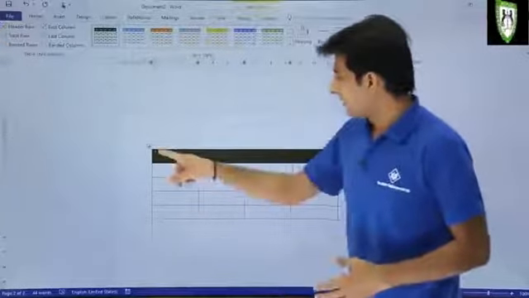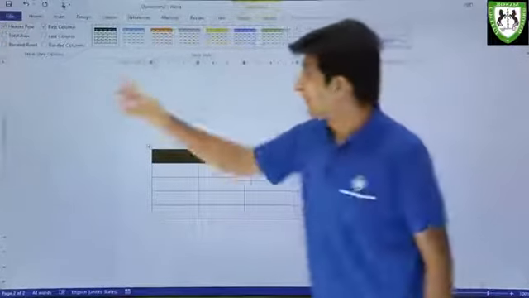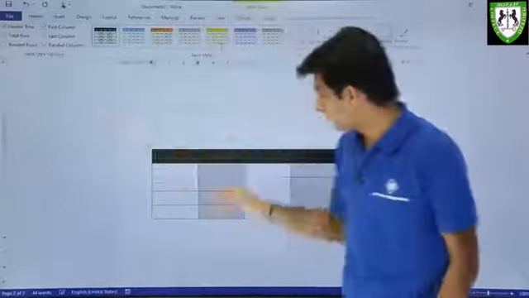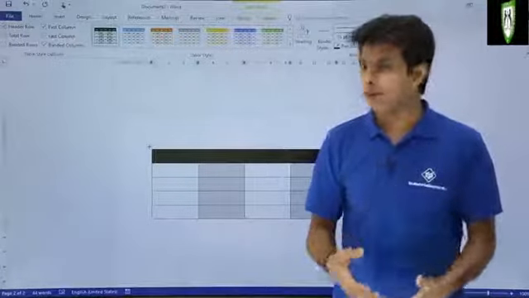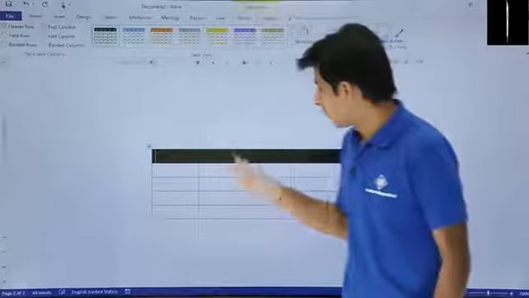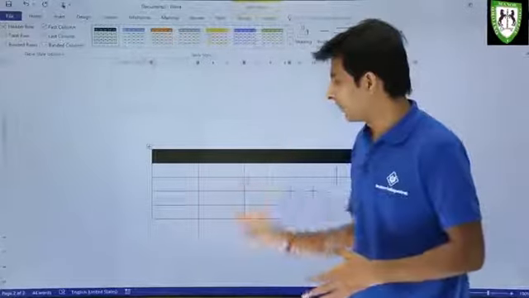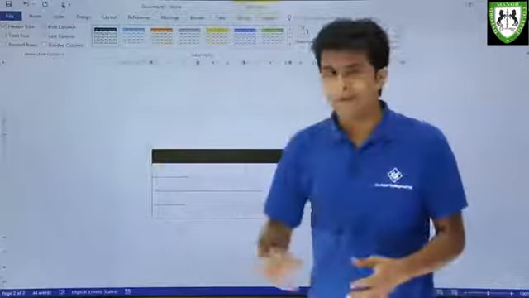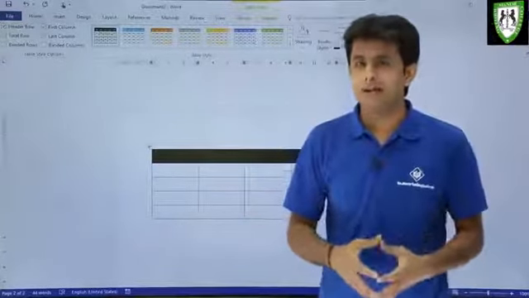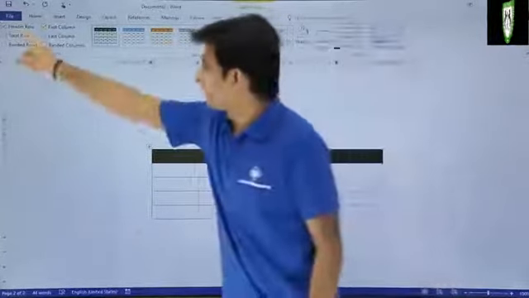Next, if you see, there's a banded columns. Right now, the columns are not colored. But if I select here as banded columns, see what happens. Alternate columns will be colored. You can say as banded columns. So if I deselect it, it will go back. Right, so that is playing with the structure part. Playing with the design part itself. Next is, if you see, there's a title column. Okay, title column is colored into black. If you want, you can remove the color by just clicking on this header row.